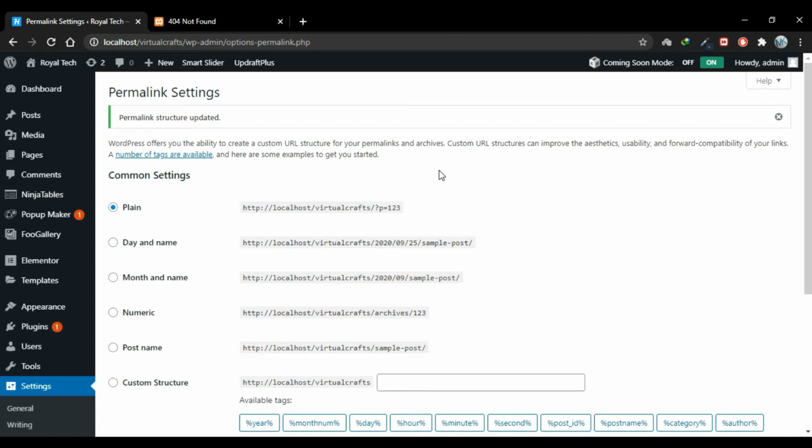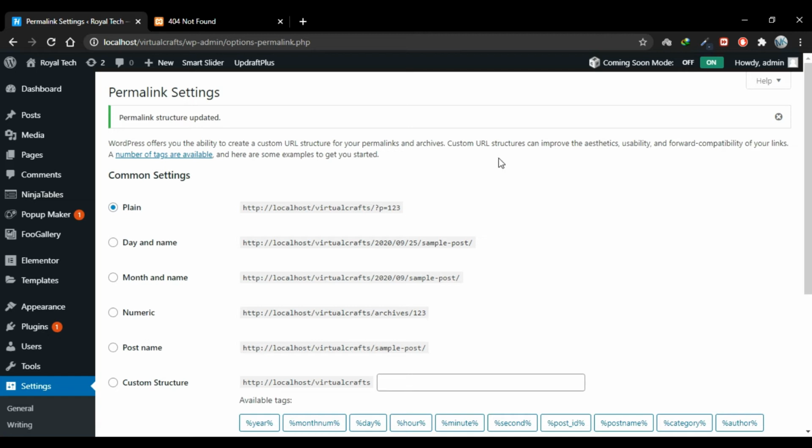But if you are on a live host, simply contact the customer support of your web host and they'll direct you what to do. Now the other method is that you can create redirections. What I mean is that you can redirect your previous permalink to your new permalink and it will solve the problem. Let's see how we can edit our .htaccess file and change our write permissions.